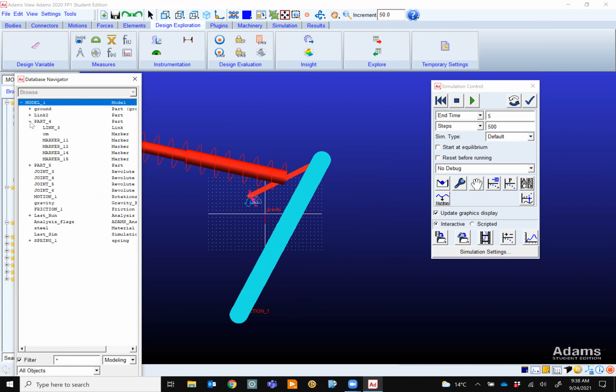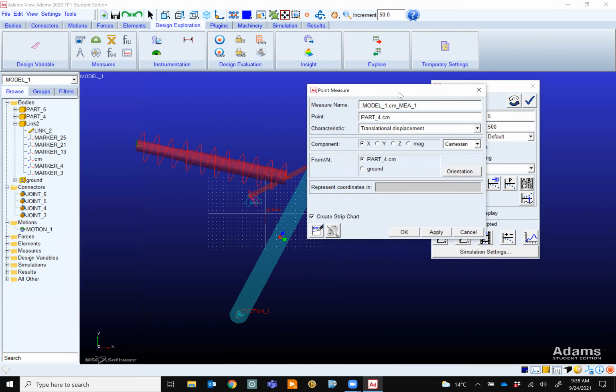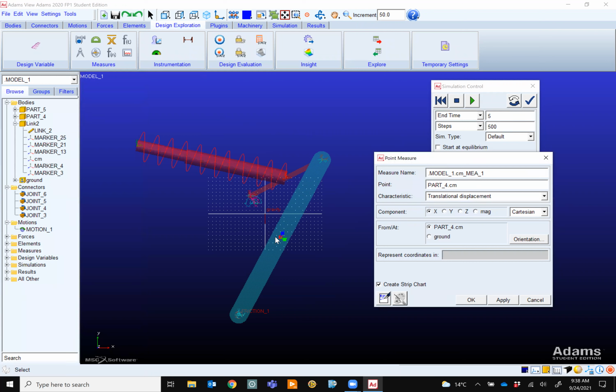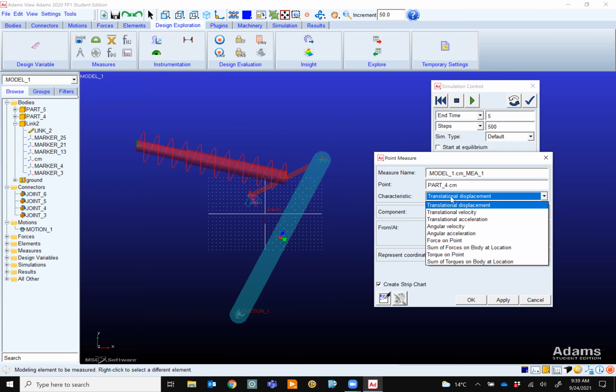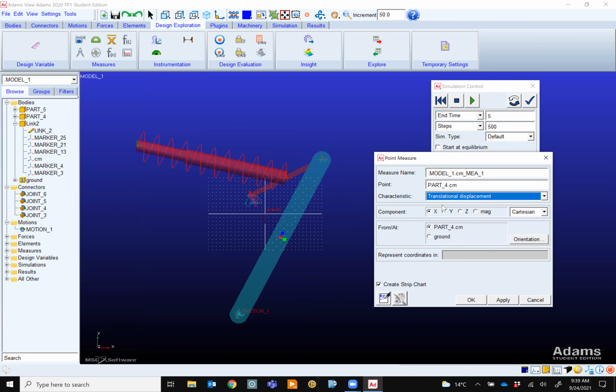It tells me that for part 4, you can measure, for example, something related to its center of mass. Let's double click on center of mass, and a new window pops up. It tells me that this is your part 4, this is center of mass, and what do you like to measure about this center of mass? I'd like to measure its displacement, but I can measure its velocity, angular things, forces, or whatever makes sense.